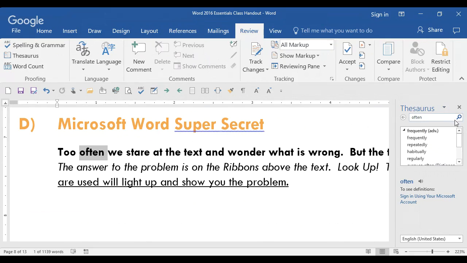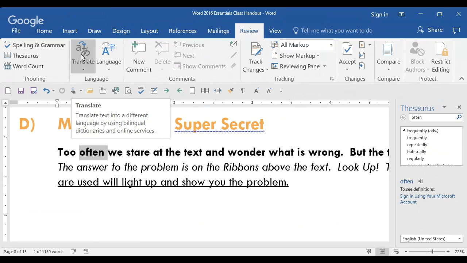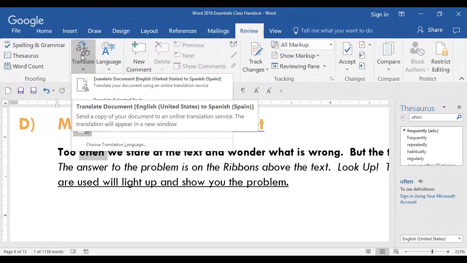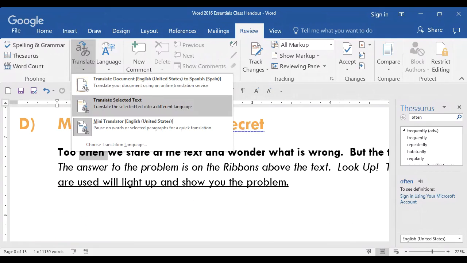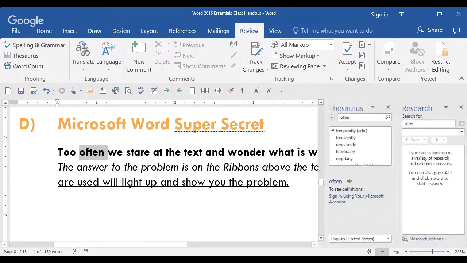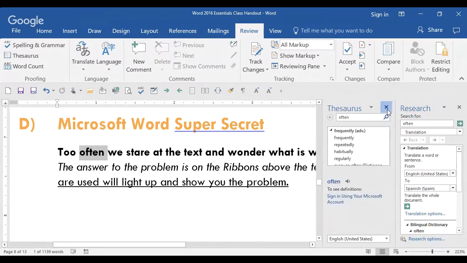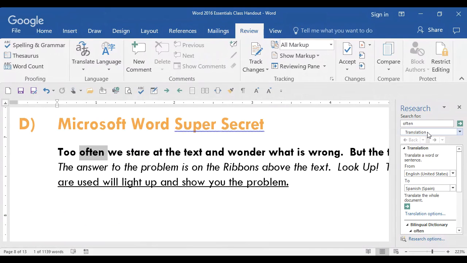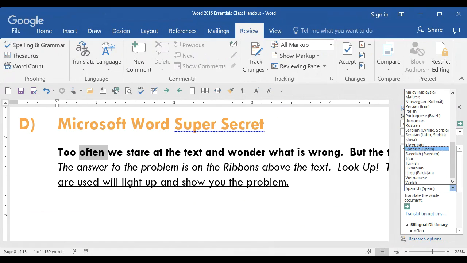Oh, sorry. I was hoping that the translate would come up. So let me go to this one, the translator. The translate, I can translate a document or just the selected text. So I'm going to go ahead and hit that one. Let's get rid of this one. Now I'm going to translate, and then I can actually translate from English to Spanish, or you can pick whatever